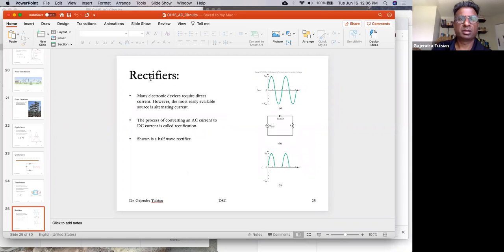All right, so now we'll briefly talk about rectifiers and stuff. Many electronic devices require direct current. Your laptop works on direct current and so on. Your phone works on direct current. But what you get out of the wall is AC current. The most easily available source is an AC source. So the process of converting an AC current to a DC current is called rectification. Okay, so